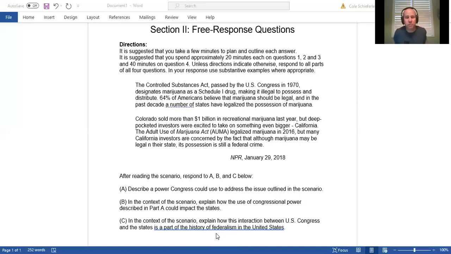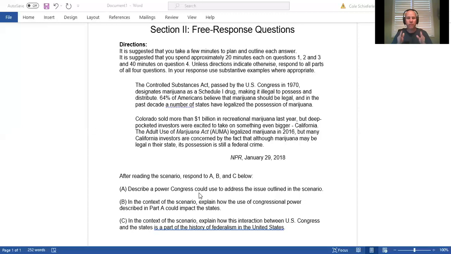Okay? So let's go through and let's read the question and then let's answer the question, step by step. Remember, we're going to do systematic writing. And we're going to assume that the reader has no idea about government and politics. We're going to assume that the reader is a complete idiot when it comes to political issues. And so we are going to go above and beyond what we think we need to do to describe, explain, identify, or draw a conclusion about. We don't want to assume that the reader knows any reference we're making.